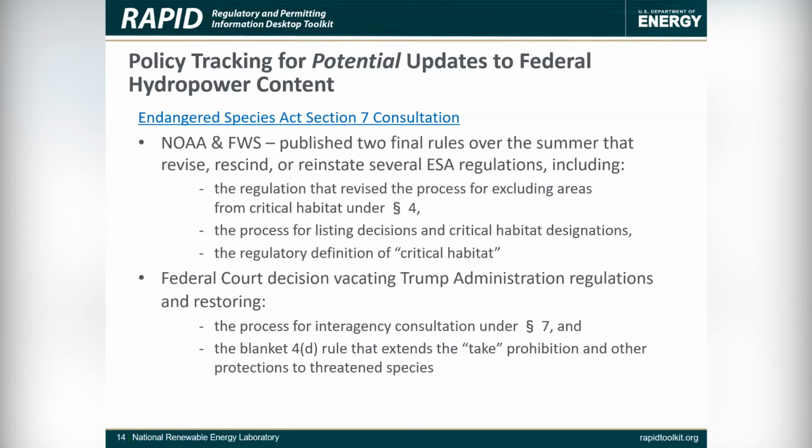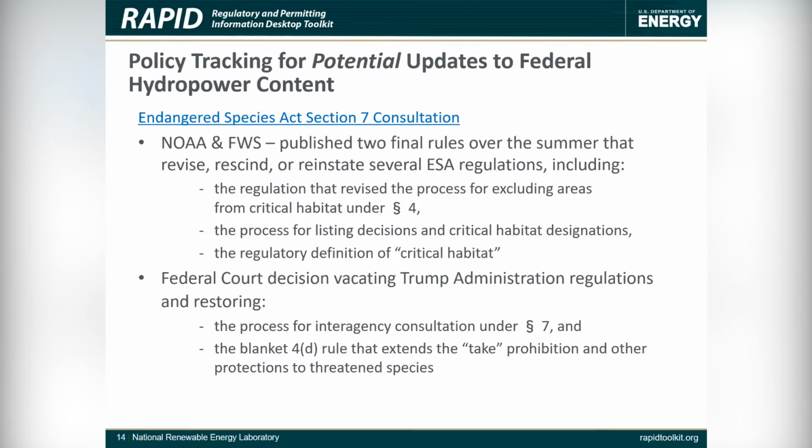Finally, there's been a bunch of activity on the Endangered Species Act over the past summer. NOAA and the Fish and Wildlife Service published two final rules, one in June, one in July, that revise or rescind several Endangered Species Act regulations from the Trump administration, including eliminating the new regulatory definition of critical habitat and rescinding the new rule for basically the process for excluding critical habitat and the exclusion analysis,